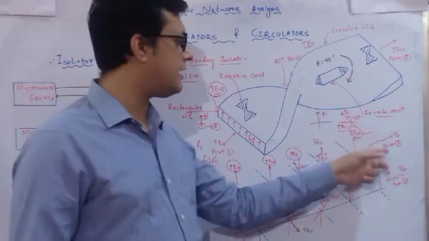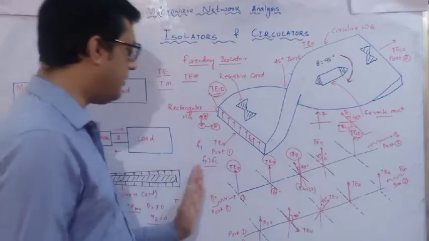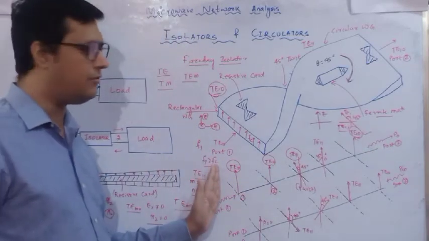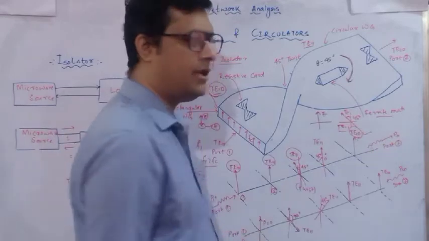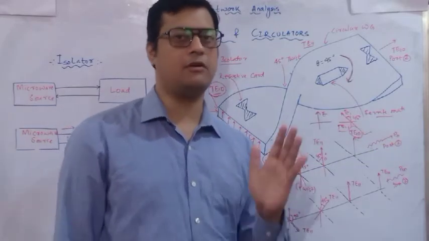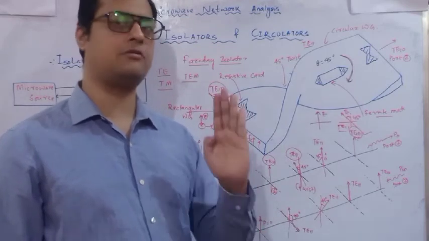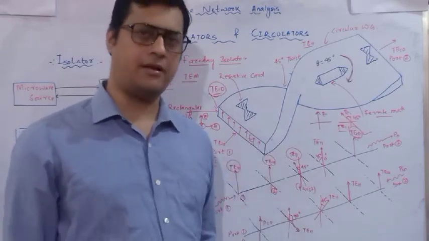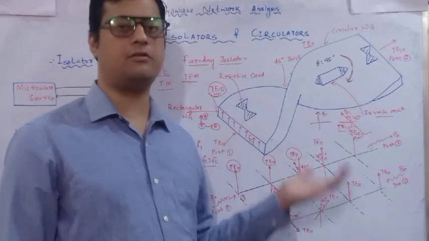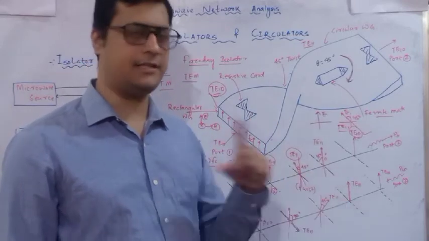So at the output of port 2, whatever information we have provided at port 1, the same information we are going to deliver at port 2 without any loss of power. That is our main motive. We should not lose the incident power which is going to be delivered through this particular device. That is the first case.